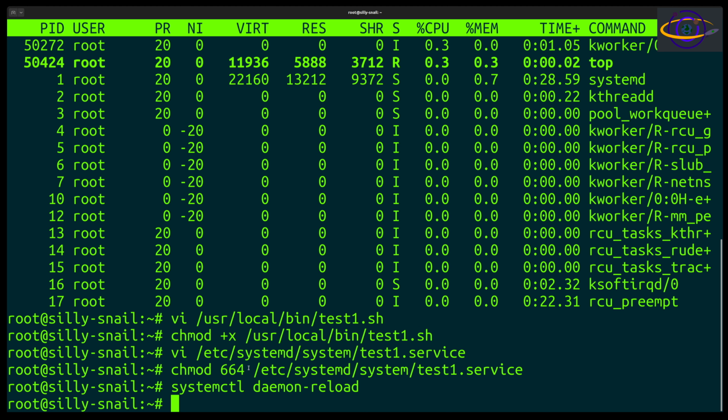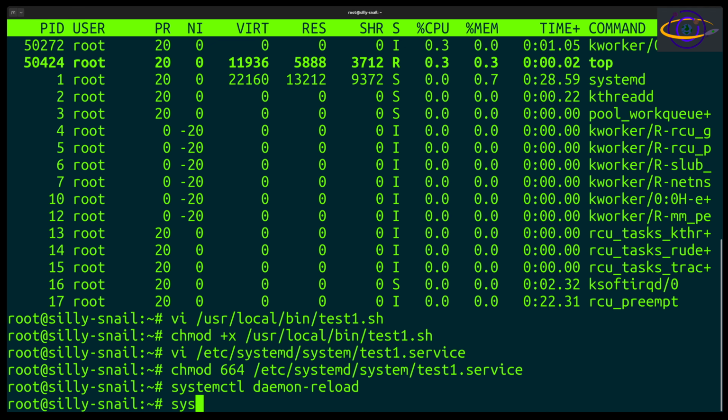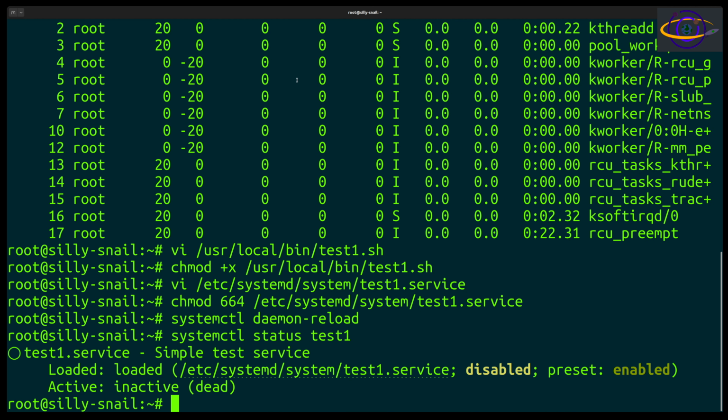So the effect of that is it's going to load the stuff that was in this file, loading all that info into systemd. So systemd will basically refresh its information to pull in the service we just defined. So it's going to know that it's supposed to exist. And now we're going to say systemctl status test1, and we can see our service here. So we can see it is loaded, it's disabled, the preset would be enabled, and it is inactive or dead,